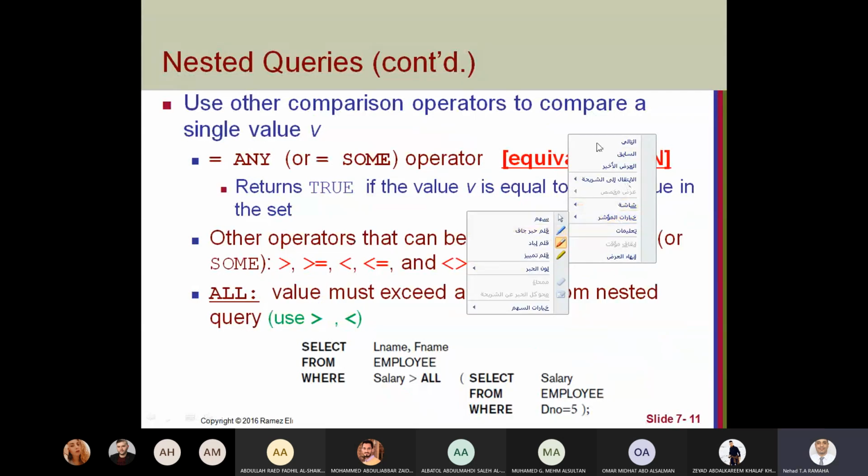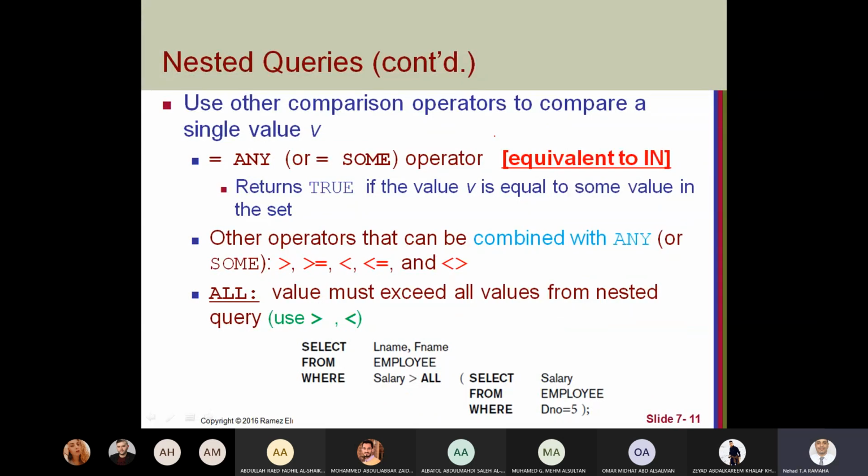Okay, there's another type of comparison that we could use here. We could use equal any instead of IN. It's equal any or equal some. It will give you the same result as IN.